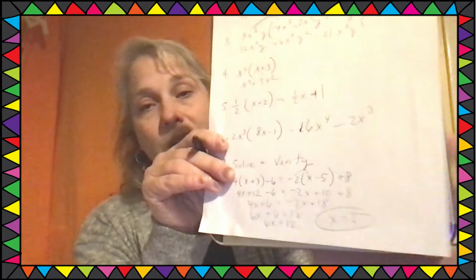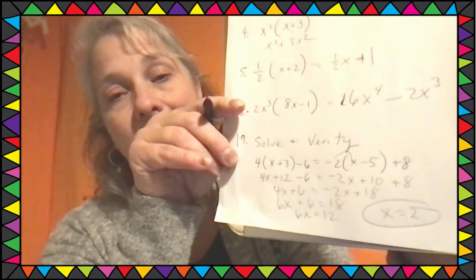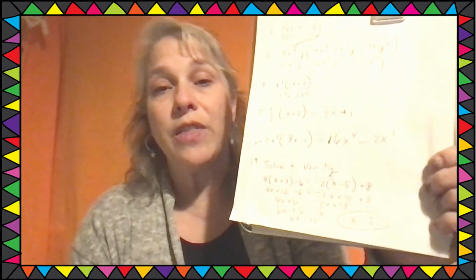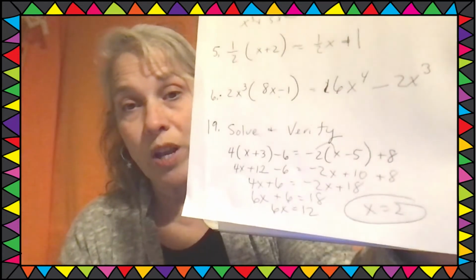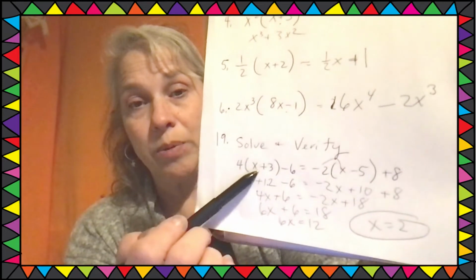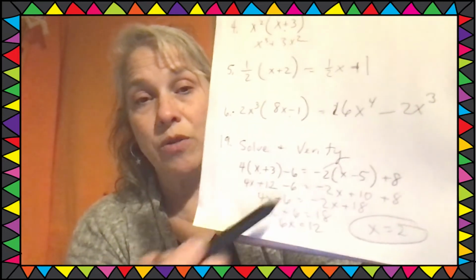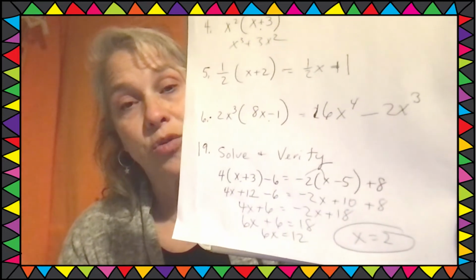Now it does say verify. So what you're going to do to verify is you're going to plug that 2 in the original equation. So you're going to go back here, plug the 2 in, and see if you get a true statement, like 2 equals 2 or 1 equals 1, whatever that comes out. If it comes out to a true statement, then you have verified it. All right, and now we're going to move on to